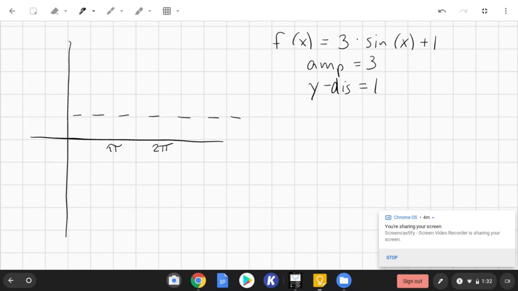Okay, we've got our scale in here. We know that this is 1. We need to mark at least one of those lines with that. All right, so the displacement is there. So this amplitude is now going to go above and below that